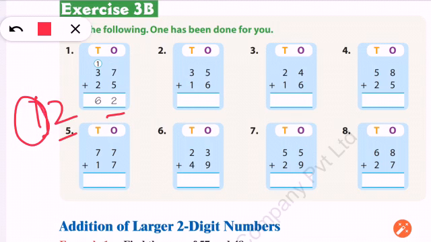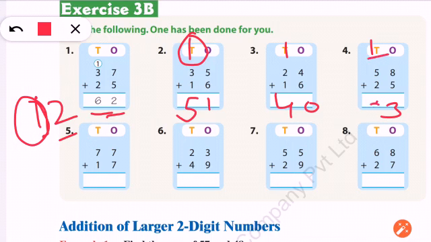And now 3 plus 2 is 5 and 1 carry will be plus, 62 will become. Now next question, 5 plus 6 is 11 and 3 plus 1 is 4 and we have to add carry also. It will become 5. 6 plus 4 so 10. So 1 carry it will become 4 and 8 plus 5 is 13. 1 carry, 5 plus 2 is 7 and 1 will be added. It will be 8. Okay.